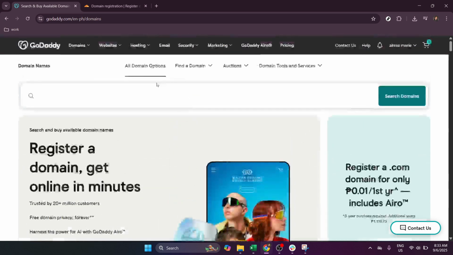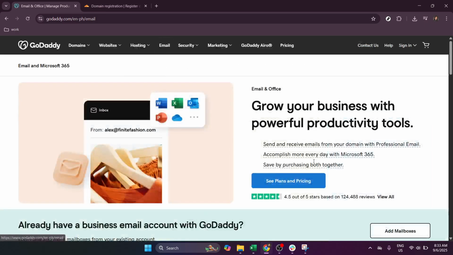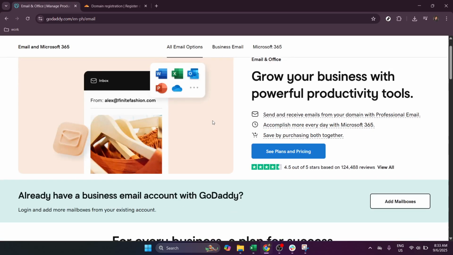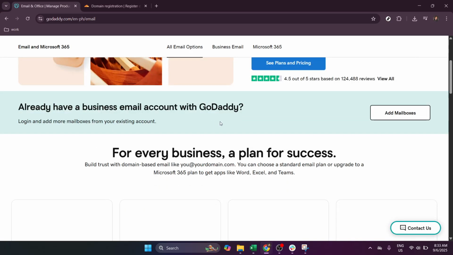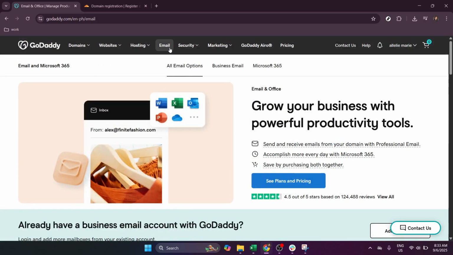Next, navigate to the Email and Office dashboard. This is where you can manage all the email-related services offered by GoDaddy. You can usually find this option in the menu or by using the search function on the dashboard. This area allows you to control everything pertaining to your email setup, so feel free to familiarize yourself with the